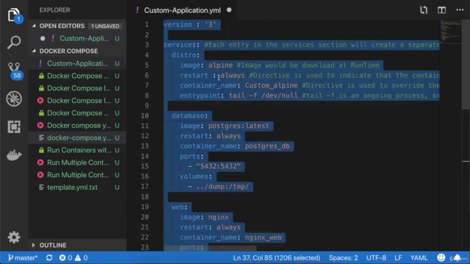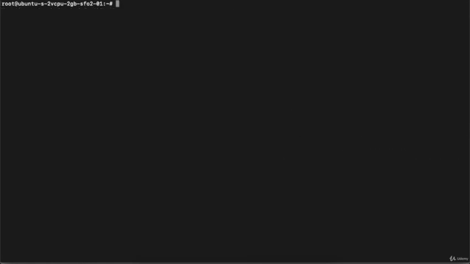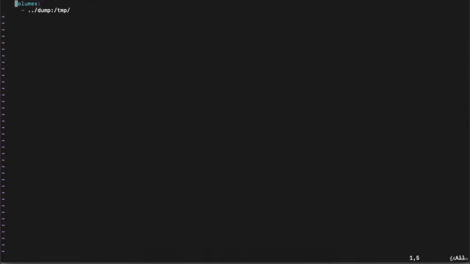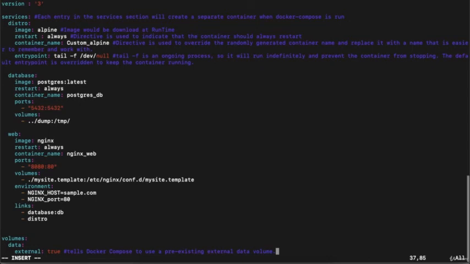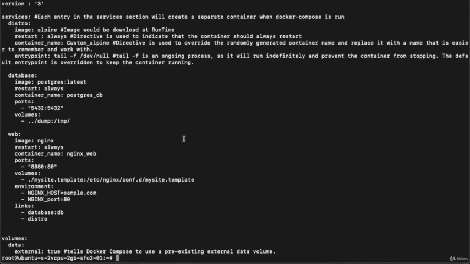So let's copy this complete file, go to your terminal, clear out your terminal, and open the custom file again in vi mode. Remove the existing content from it, press I and press Ctrl V to paste your data here. Now press escape colon wq. If you want, you can get the data with the command cat and your file name, and you can see it is printing the complete file data.